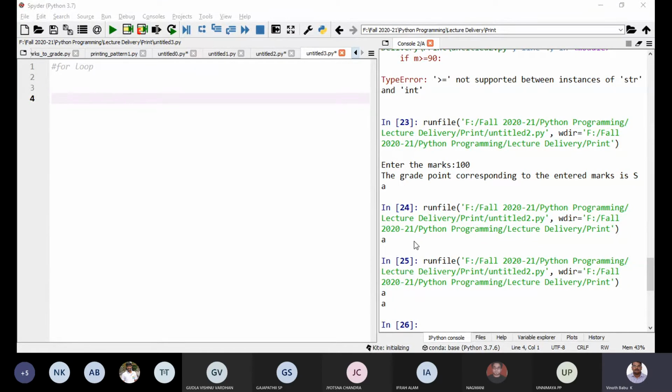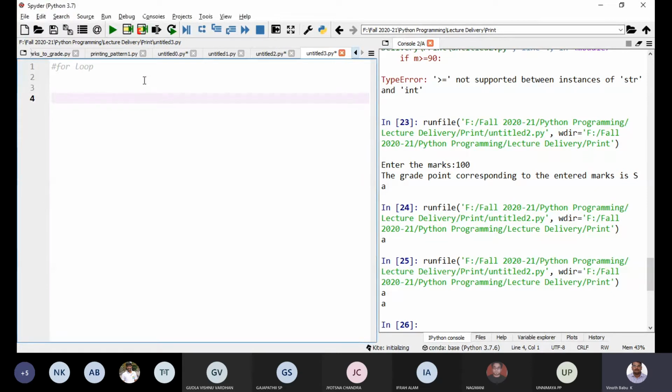If you know how many times you are going to repeat, then you can go for for loop. Suppose you are not sure how many times you are going to repeat, then while loop is the best solution. In both for loop and while loop, we are going to initialize all those things, that I will discuss now. Is it clear what is for loop and what is while loop?